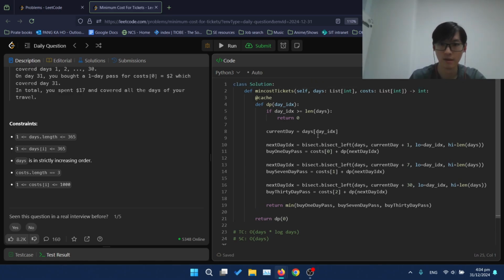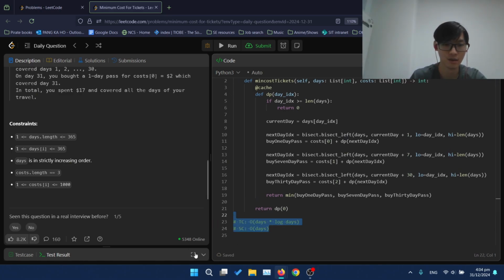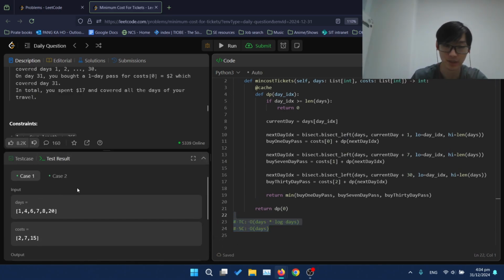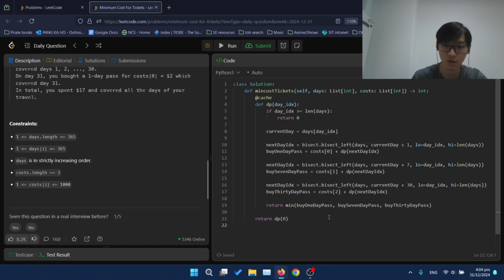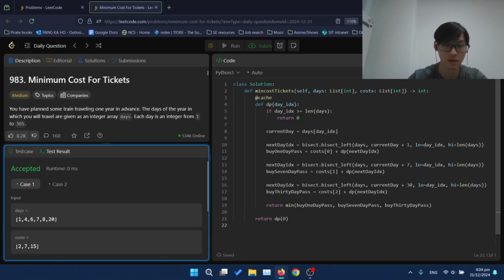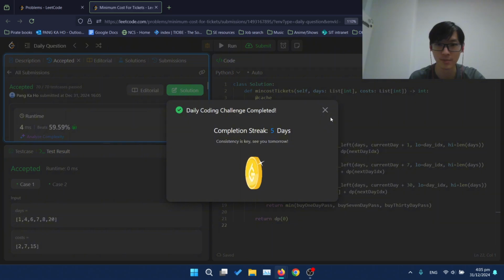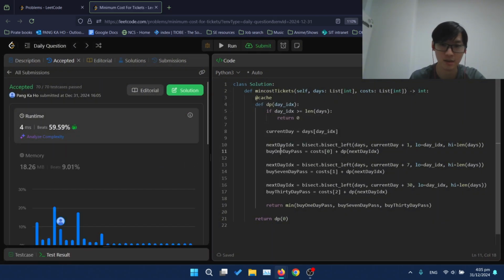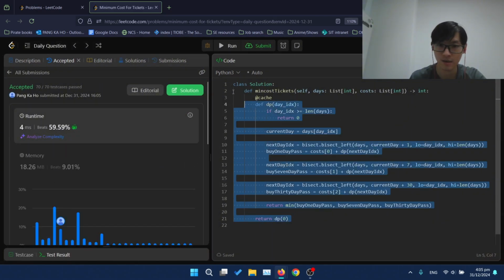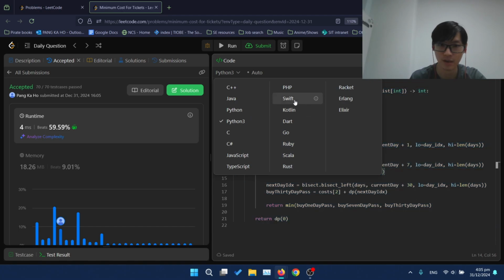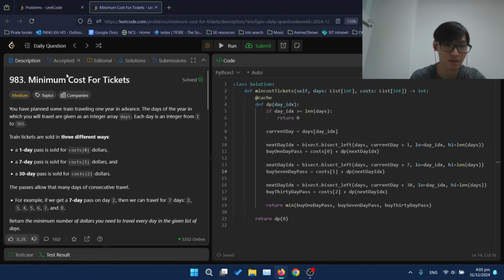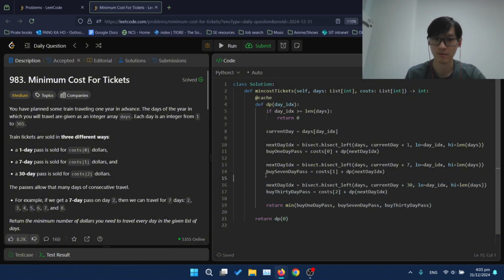So yeah, quite happy I passed the sample test cases the first time around. I'll not put the time complexity here because I want to use LeetCode's auto analyze function. Let's go. Alright, let's YOLO submit. Alright, it's accepted. Today is a fast one. Pretty happy with what I did today because it's DP plus binary search. So happy that I can recognize this quickly.